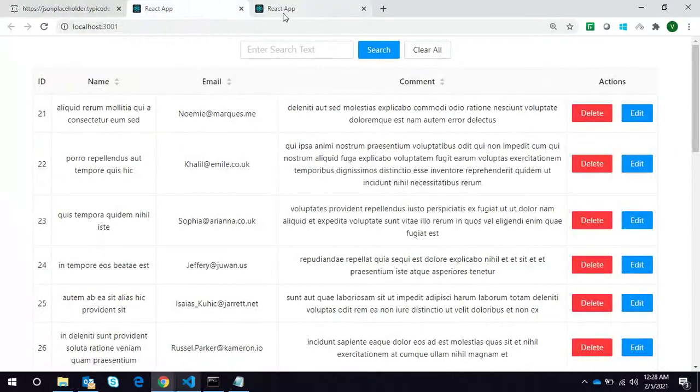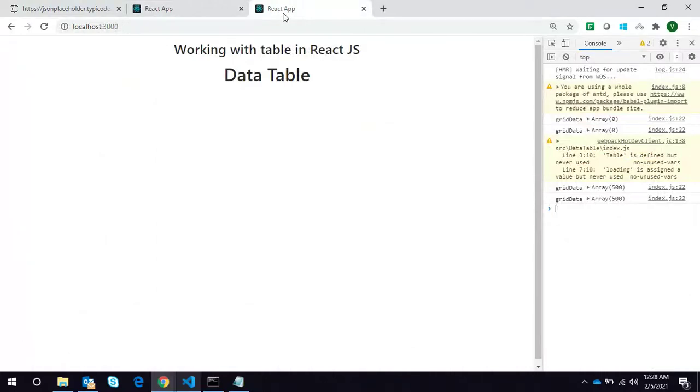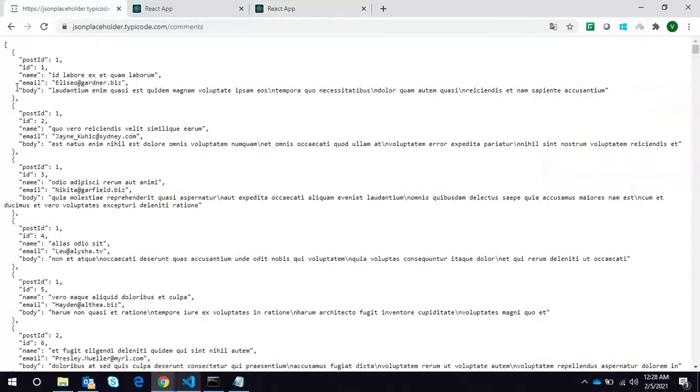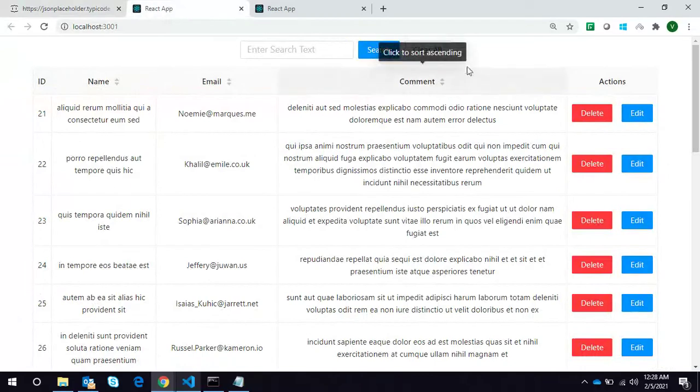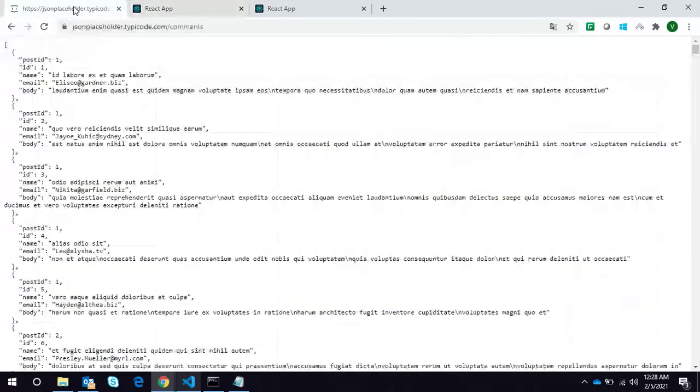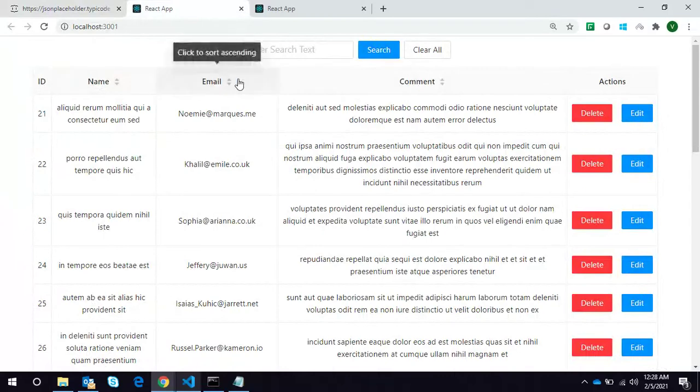Now we have to do one thing before we start working with the table. You can see here we have the body, but we are showing the comment here. The other fields are the same, so we can map them: ID, name, and email are the same thing.